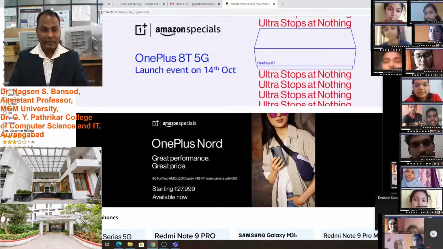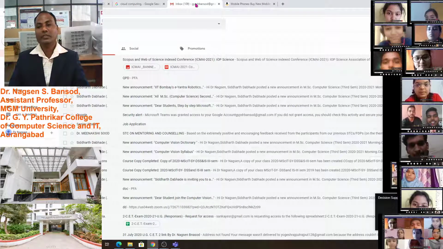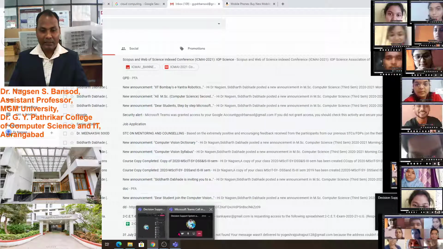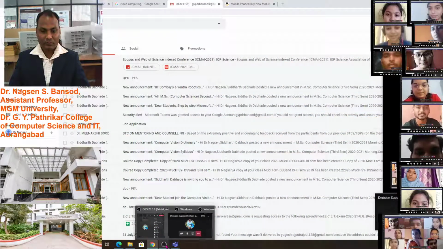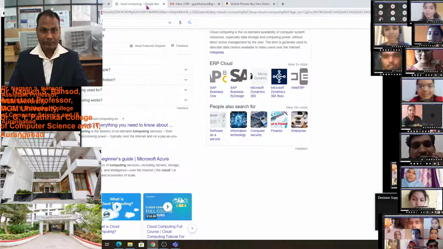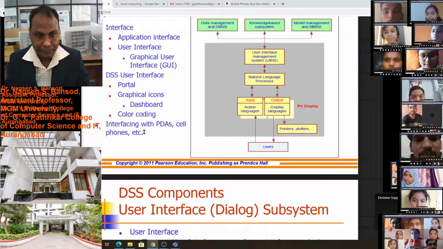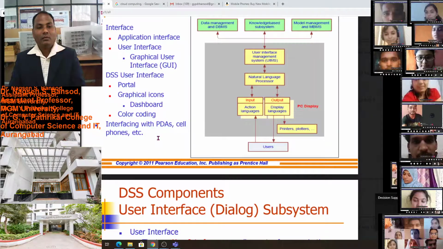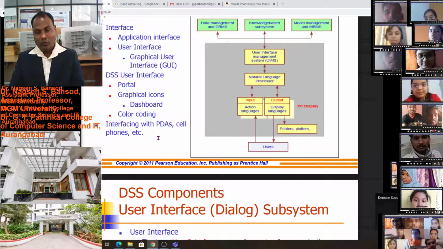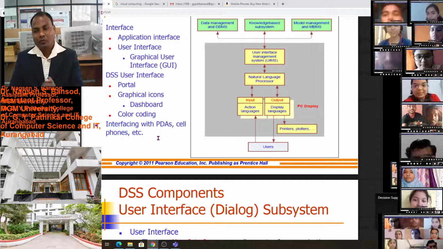Like this we have to design the dashboard of the user interface, so the user will easily understand this. There is also color coding; we require some coding for the color to display the color view.